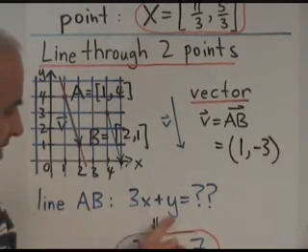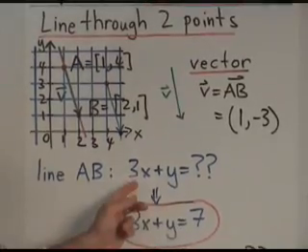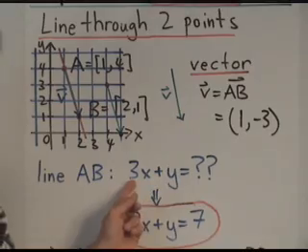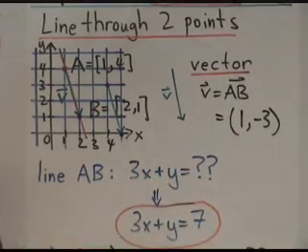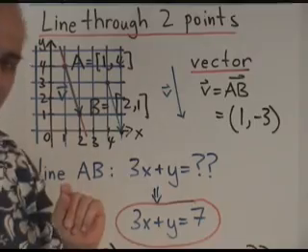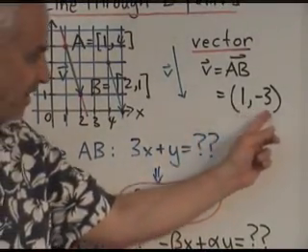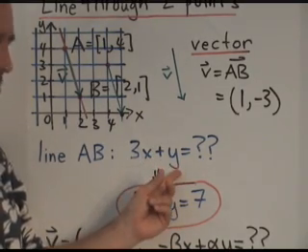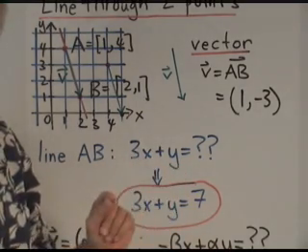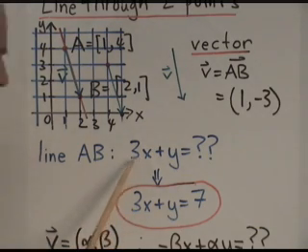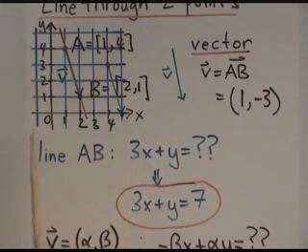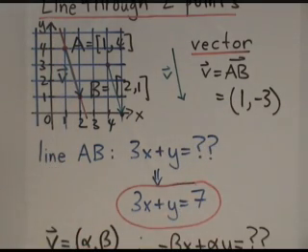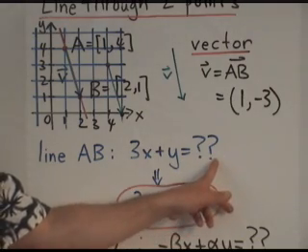Well, consider this combination of things, 3x plus y, obtained from the vector by taking that minus 3 and putting it in front of x with a minus sign, and taking the 1 and putting it in front of y. This combination has the property that if we add this vector to x and y, so if we add 1 to x and we add minus 3 to y, it's unchanged. That means that this is the right form for the equation of the line that has this as its direction vector. Of course, we don't know yet what the right-hand side must be.